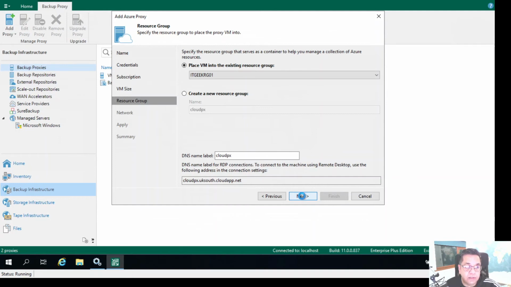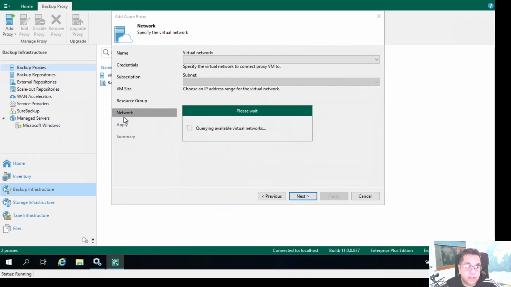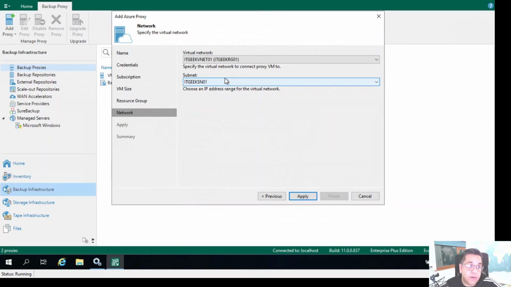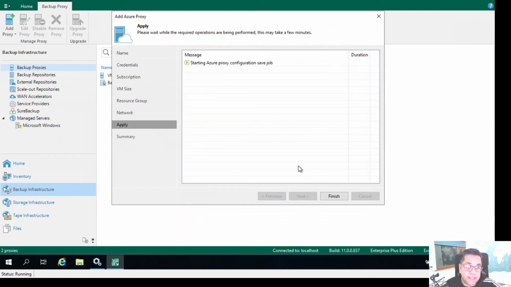Click on next, it'll take us down to, which you can see on the left hand side on the wizard, it shows us what the next one's going to be. So it's going to be the network, you specify what network. It's already pre-populated it, so I've already got my VNet set up and I've also got my subnet set up, so leave that at default. Obviously, if you do have multiple virtual networks, multiple subnets, and you want to customize it, feel free to change that. Then we're going to apply those settings and let it go through its kind of wizard and setup, and